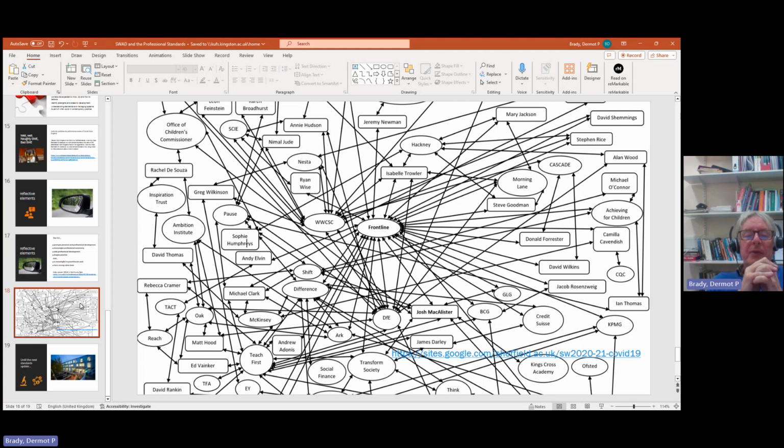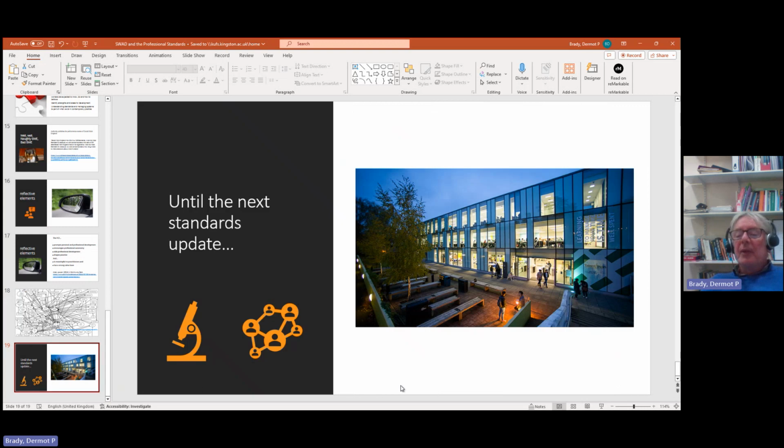But also in there, there are a few waifs and strays, and you think, how did they get there? And I mean things like McKinsey and Social Finance and EY and some of the hedge funds that might be supporting some areas of social work. It's a complicated business, is it not? So, really, that's, I guess, all I have to say about that. I know mapping standards is perhaps not people's favorite activity, or maybe I'm just displaying my own bias here, but it can be used in a positive way.